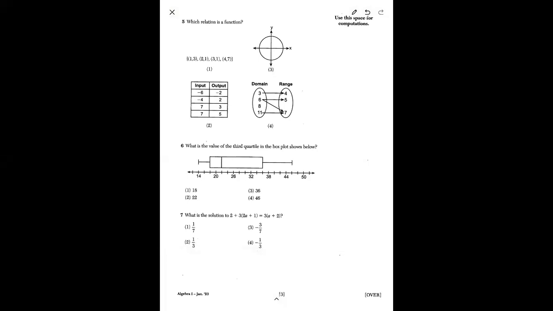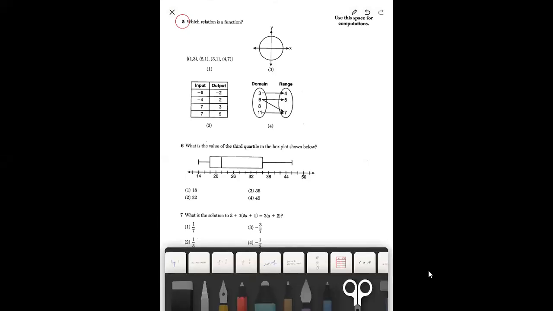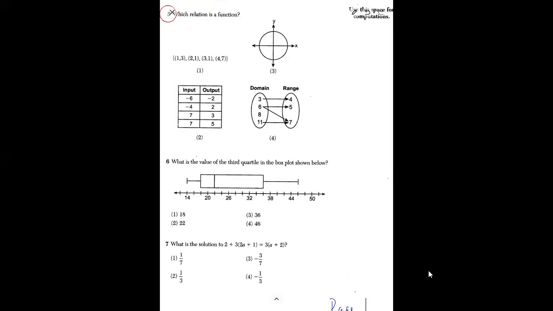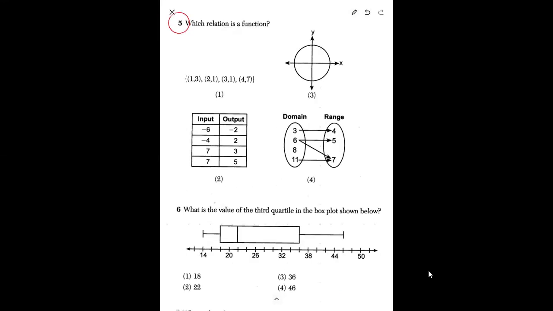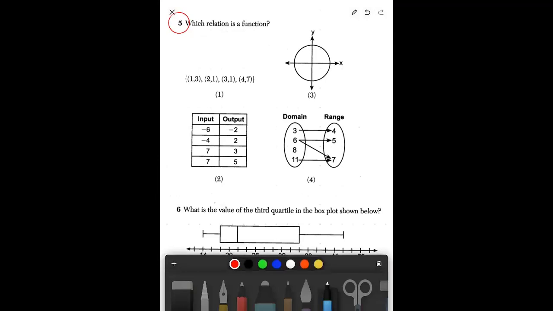All right, so I'm going to start with the first problem on page number 1, and so it's number 5. Now, the question is asking us which relation is a function? Well, there are a bunch of ways that you can determine whether something is a function. One of the things that you should be able to do is mapping diagrams. So I'm going to do a mapping diagram for